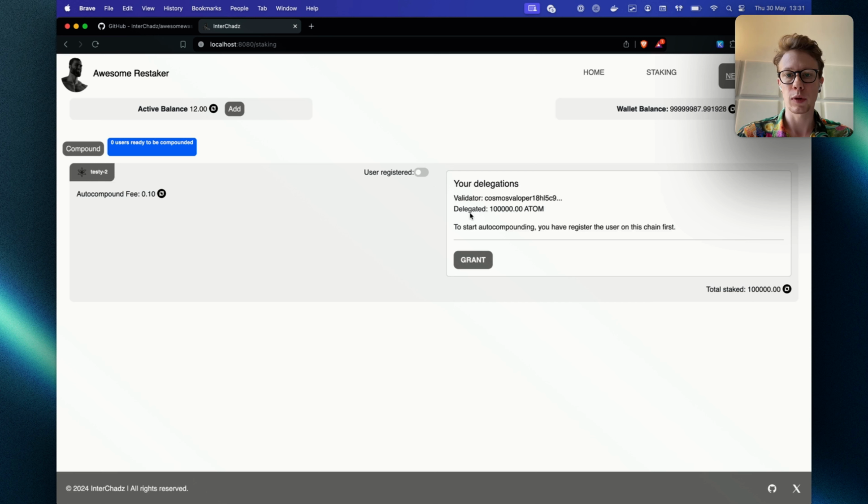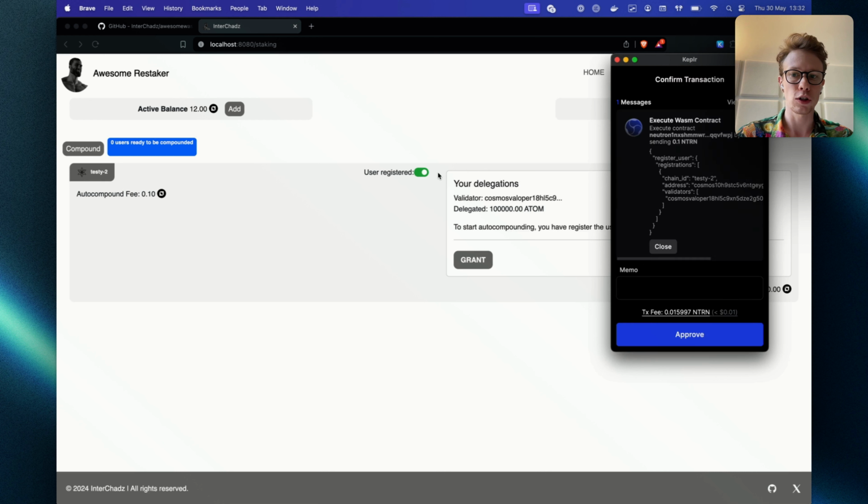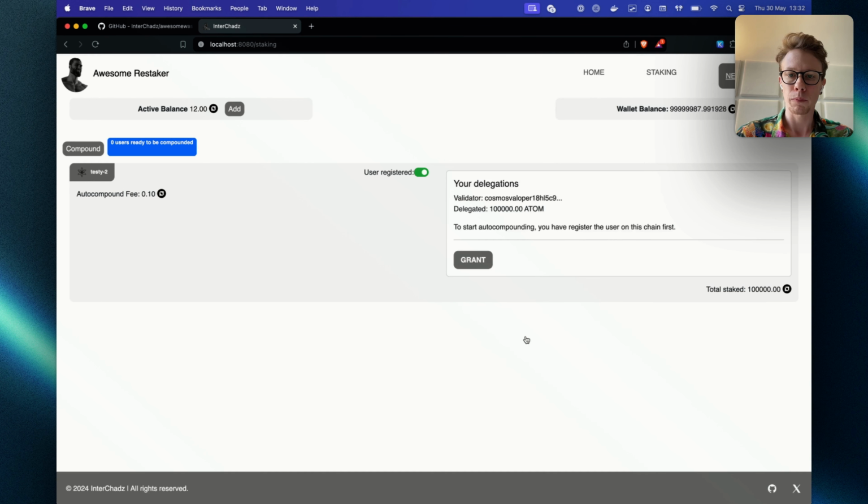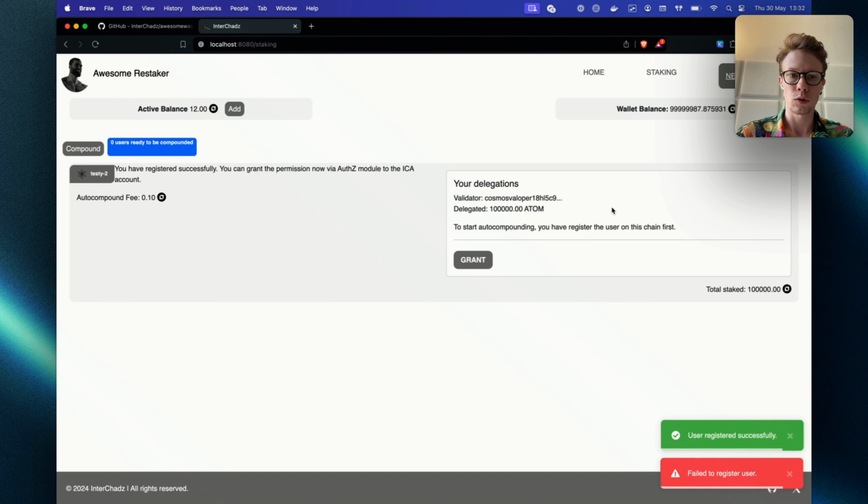We can see that of the supported chains, which is currently one, on the Cosmos Hub, I have delegated quite a few atoms. So I'm going to register with that one. And you can see here that it's registering on this validator, and so on. So we can have multiple validators, obviously. There we go. It says failed, but it's actually working.